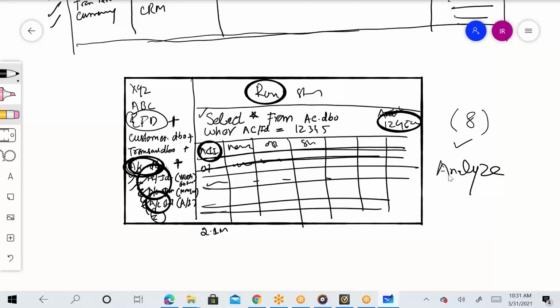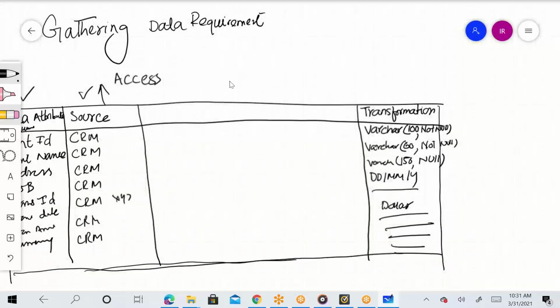And analyzing means finding out, let's suppose, for how many accounts the status is shown as closed or inactive. So I can go back to my business and tell them that the account status for most of the accounts is inactive. So why do you want to bring them into your application, or move these accounts into new databases? So you go back and forth, do this analysis, and eventually